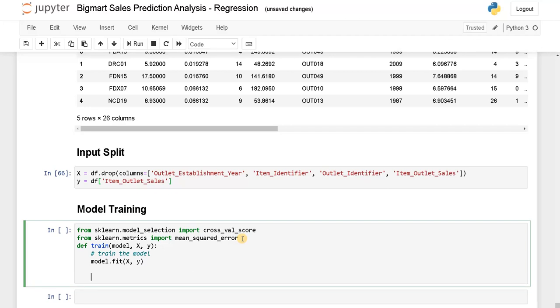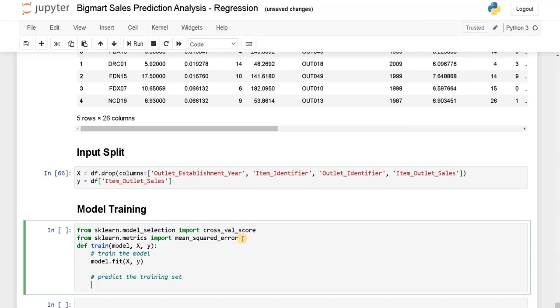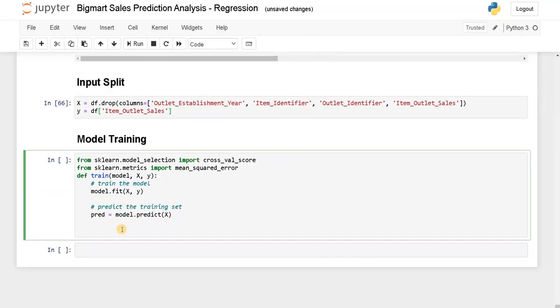After the model is trained, predict the training data set. Training set prediction equals model dot predict x. After that, we will use the cross validation. Perform cross validation.